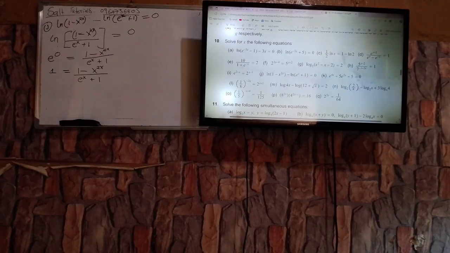We are okay? So now, this question is something which is very much complex if you look at it very well. So we have the x being the base. Again, the x is also found in a power. We have the x being the base, and the x again is being found as well in the power. So that's one thing we're supposed to be able to understand there. So what is happening there is that